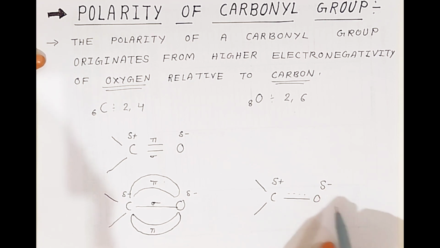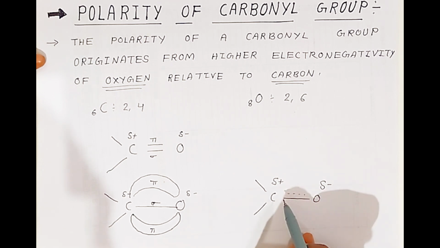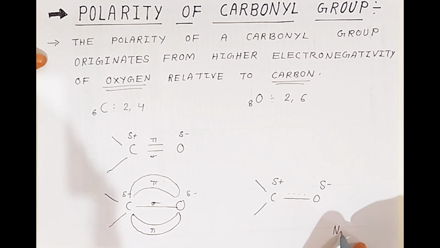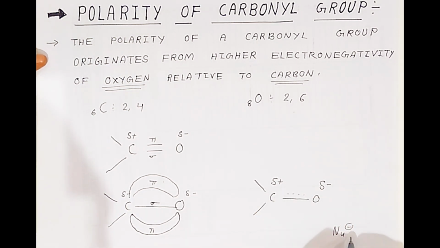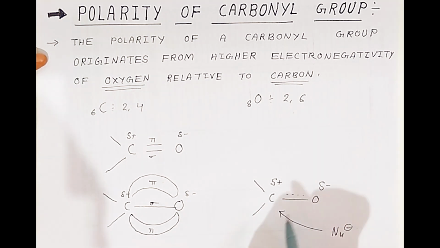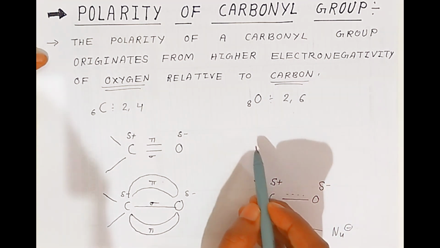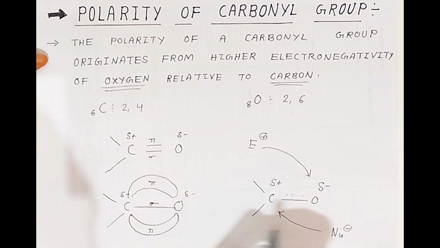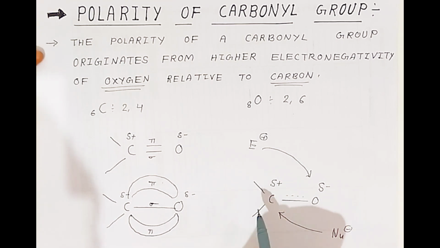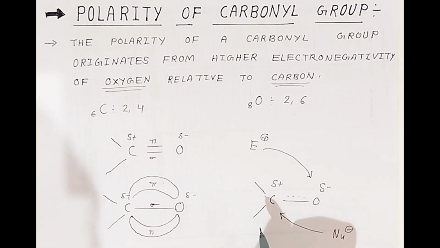If a nucleophile comes, students, it will attack the carbon of the carbonyl. Nucleophile means it is nucleus loving, so it will attract to the carbon. If there is an electrophile, it will attack the oxygen. The electrophiles are positively charged, so they will attack the negative part of the carbonyl, the oxygen of the carbonyl. I am going to explain the reactivity of the carbonyl group,